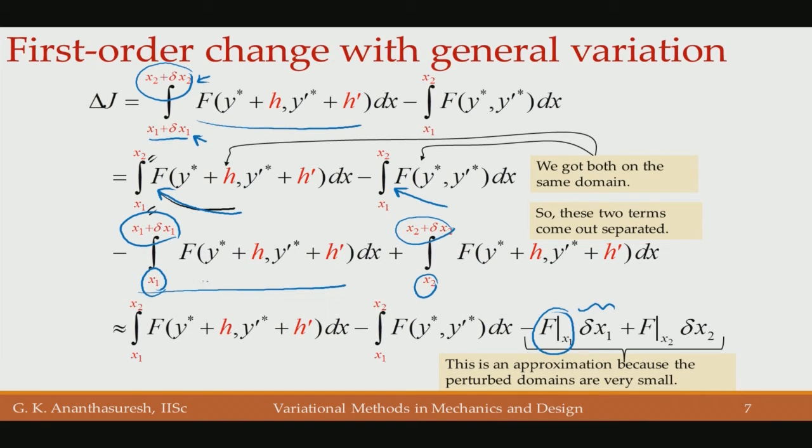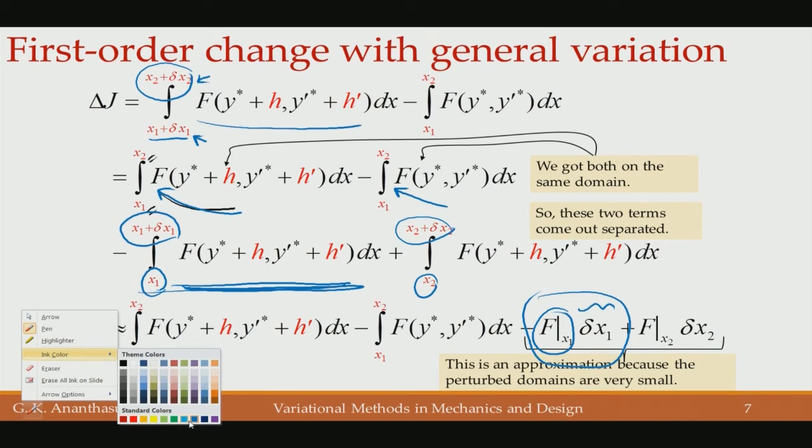So this particular integral that I am underlining is nothing but this little term here, because the integrand is not going to change much, as you make the perturbation delta x1, delta x2 as small as possible. That becomes f evaluated at that point x1 times delta x1, and likewise the second one,